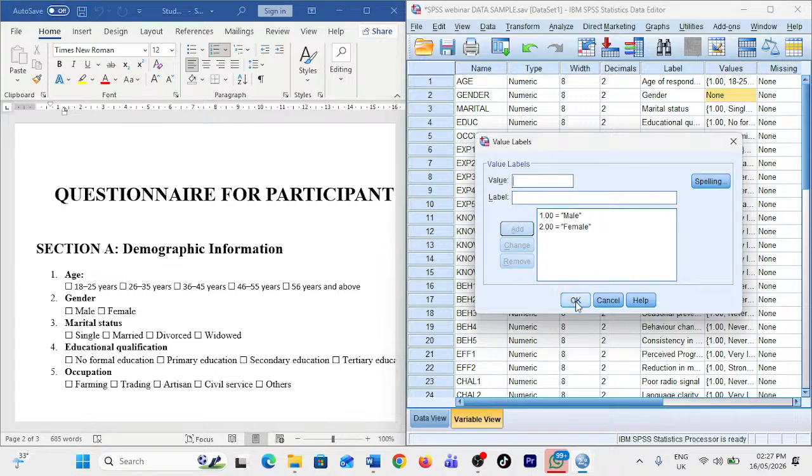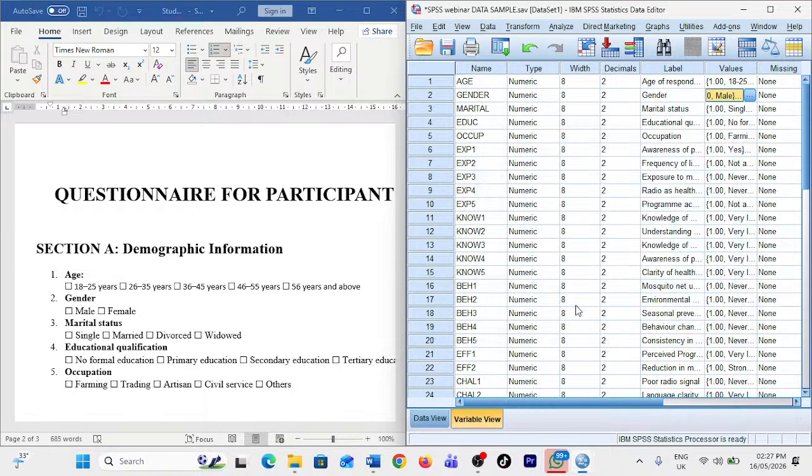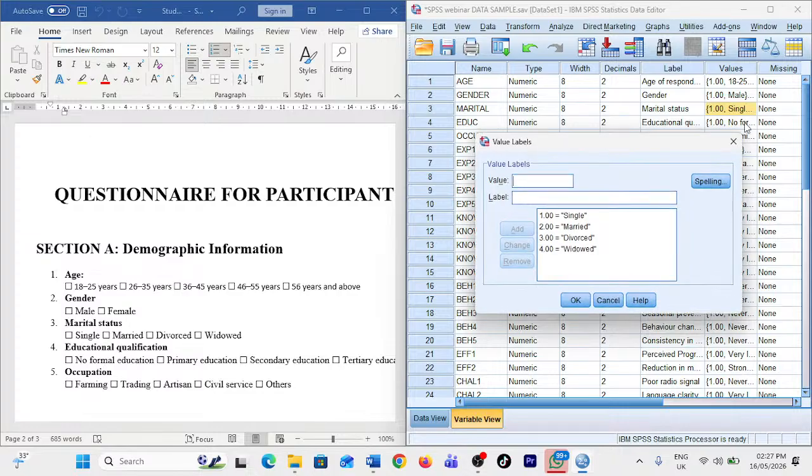Then you click on OK. You click on OK, and you are done, and that is it. So you repeat this style. So for education, for marital status, here now I have marital status: 1 is single, 2 married, 3 divorced, 4 widow,